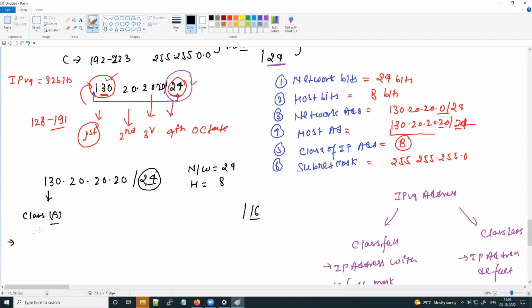So this is a class B IP address not with the default mask. It doesn't have the default mask, so first of all it's a classless IP address with a subnet mask of 24 bits. So this is a class B IP address